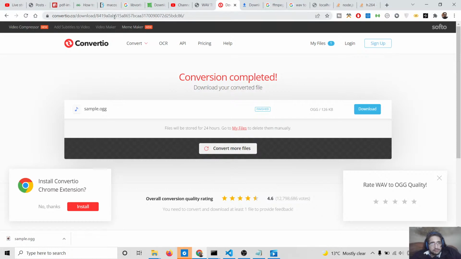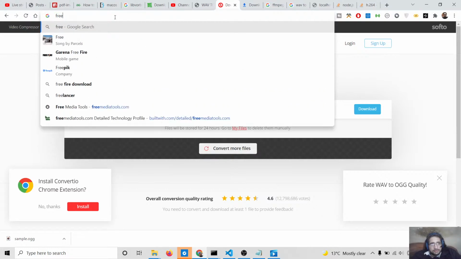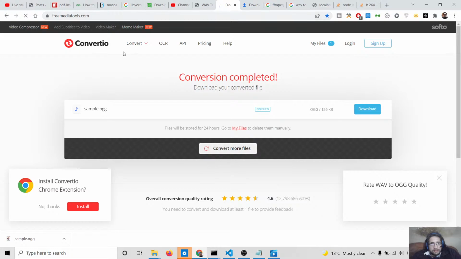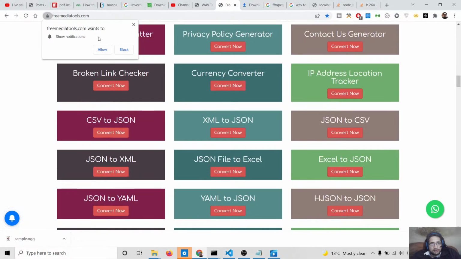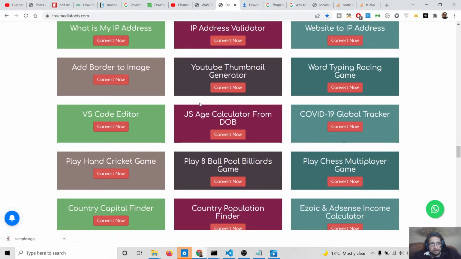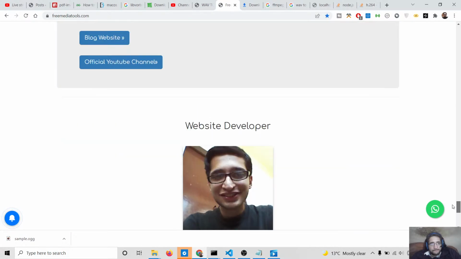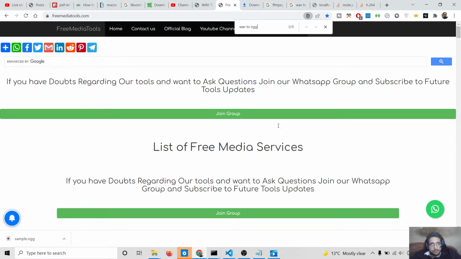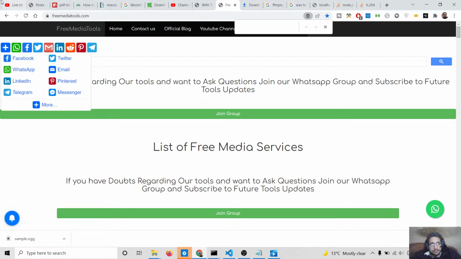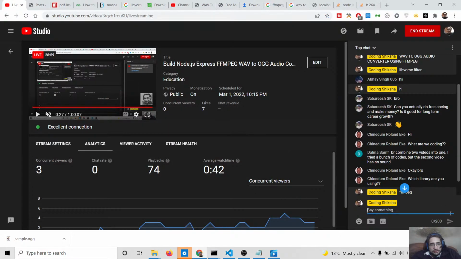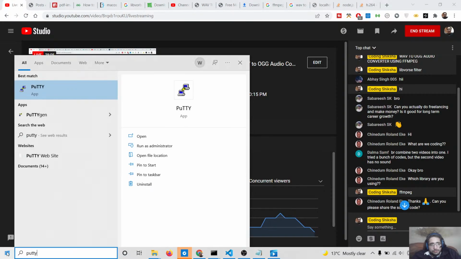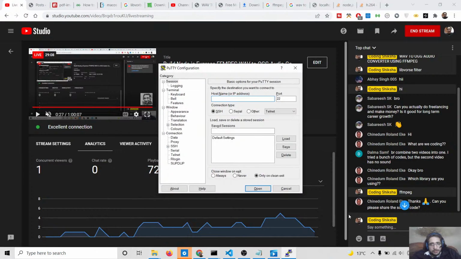And I can also deploy this tool live on the website freemediatools.com. You will see this is my tool website, which I run on VPS storage here. This is live here. If you search here, I don't have this tool, which is WAV to OGG. So let's suppose I want to deploy this on my website. I can deploy this. I can use a tool called PuTTY, and here we can,